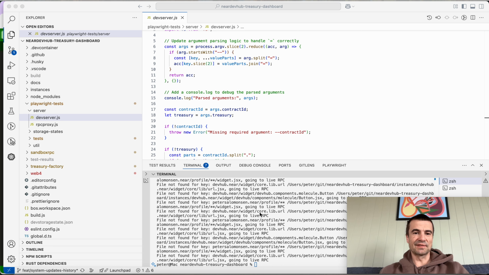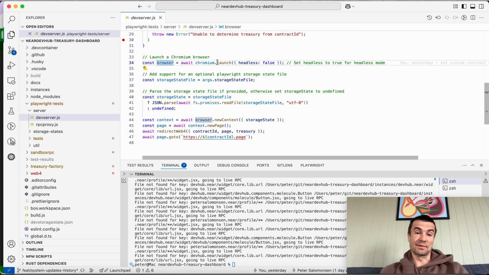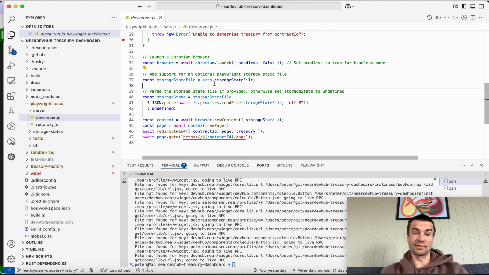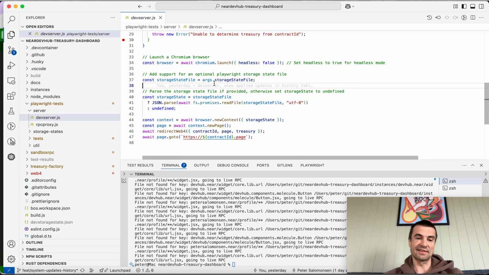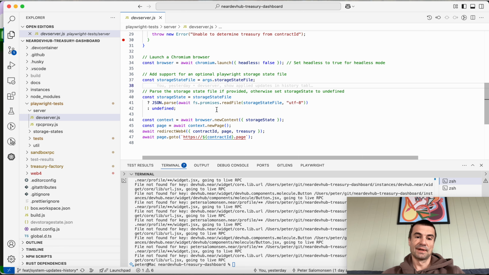Just want to show you this new development server that we have in this Treasury project, which is Playwright based. As you can see, what it does is launch a Chrome browser, Chromium. You could also launch other Playwright browsers here. You could launch Firefox, WebKit, whatever you want, but right now it's only launching Chrome, and it also